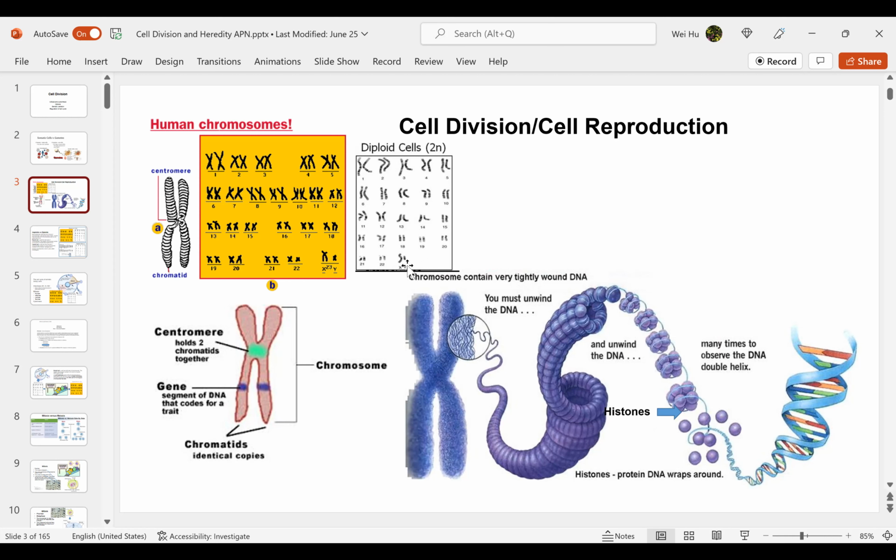If you are female, you have two X chromosomes, so they contain the same genes. If you are a boy, you have X and Y, two completely different chromosomes